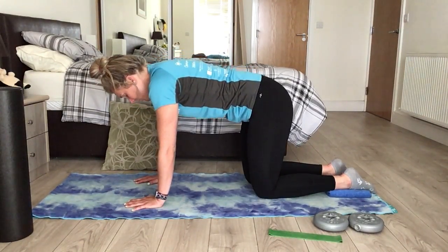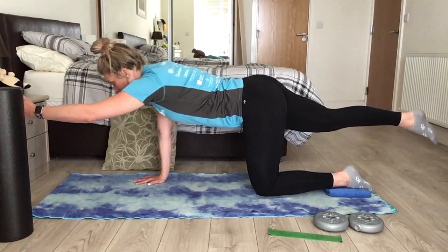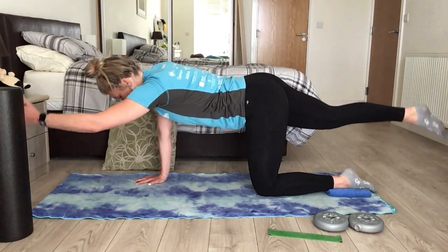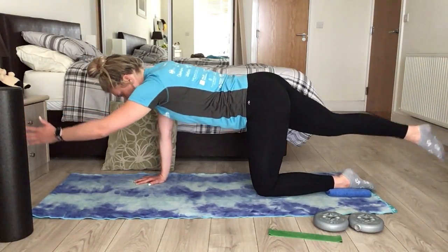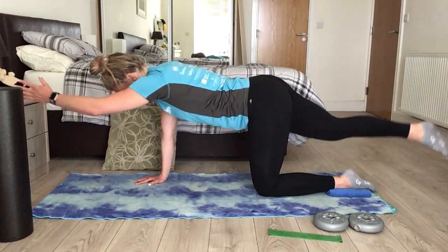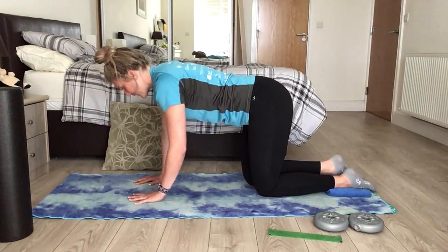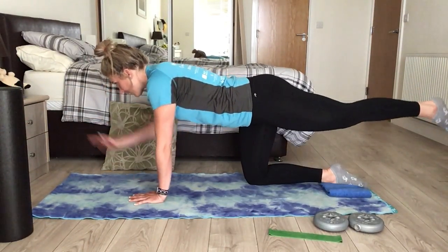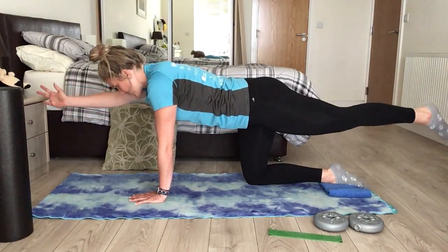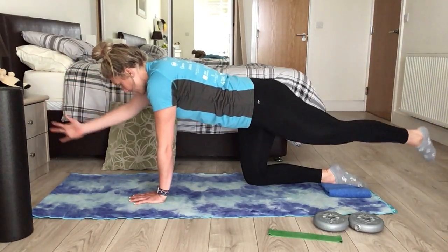And then we're going to have a neutral flat back, straighten out the right leg behind and the left arm in front. And then small circles with the arm and leg. And gradually make the circles bigger. And lower down. Left leg, right arm. Small circles with the arm and leg, keeping the back flat, and then gradually making them bigger,